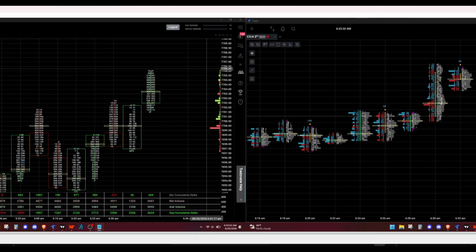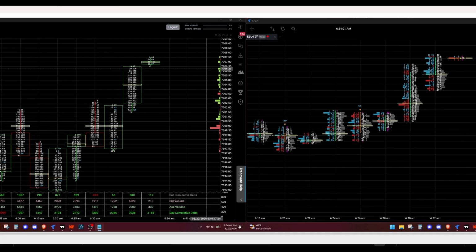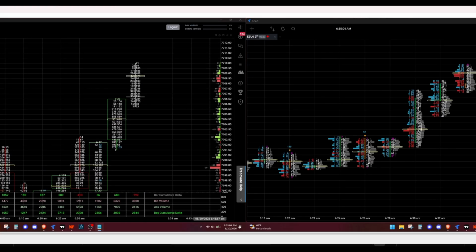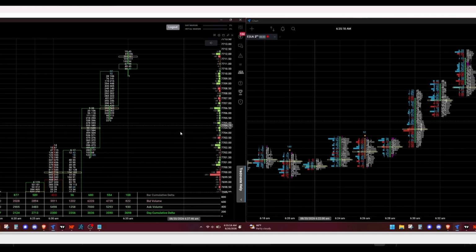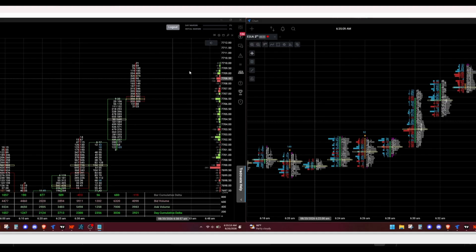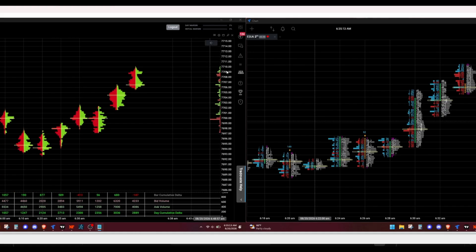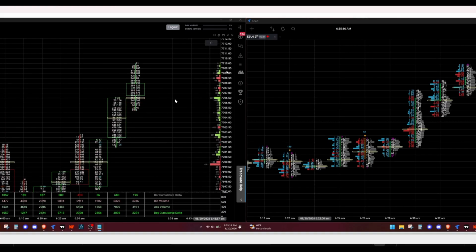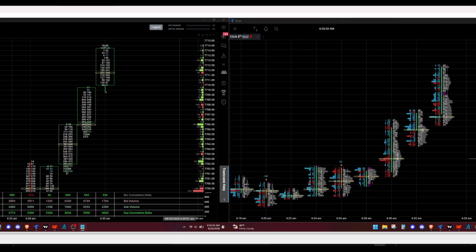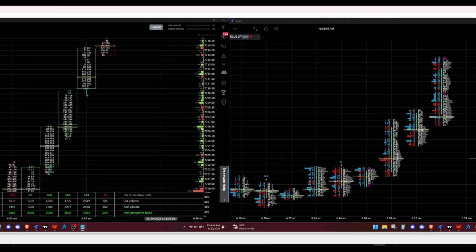And a bunch of buyers came in and pushed price up. So it seemed like buyers were strong here. And once again, I thought maybe there was a chance here when this delta divergence formed, but that didn't happen. Just kept going. Buyers just came in here. Just popped up. I was looking for a possible short here, 77.10, but boom, buyers come in and now we're above 77.10. And now I'm not so sure about shorting this because now it's all the way at 77.15, but